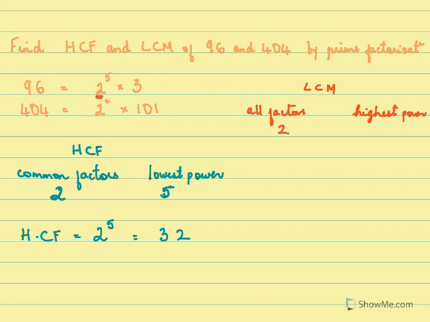So the factors here are 2, then we have 3, 2 we have already written, and then we have 101, the highest power. Highest power of 2, have you seen, is 5. Here it is 2, and in this first case it's 5. So highest power of 2 is 5. Highest power of 3 is 1. And highest power of 101 is 1. So the LCM is 2 raised to 5 into 3 raised to 1 into 101. And on multiplying that, you will get